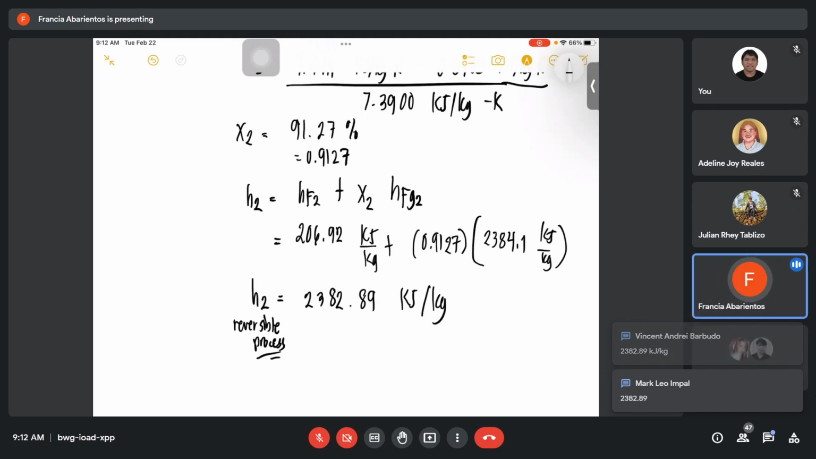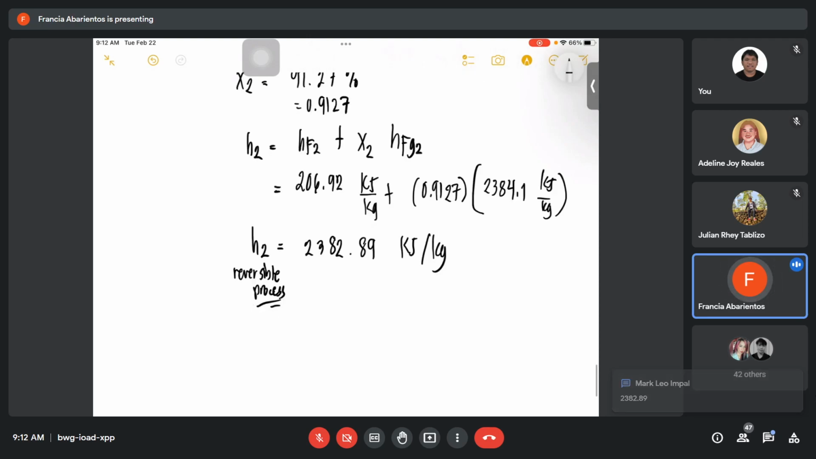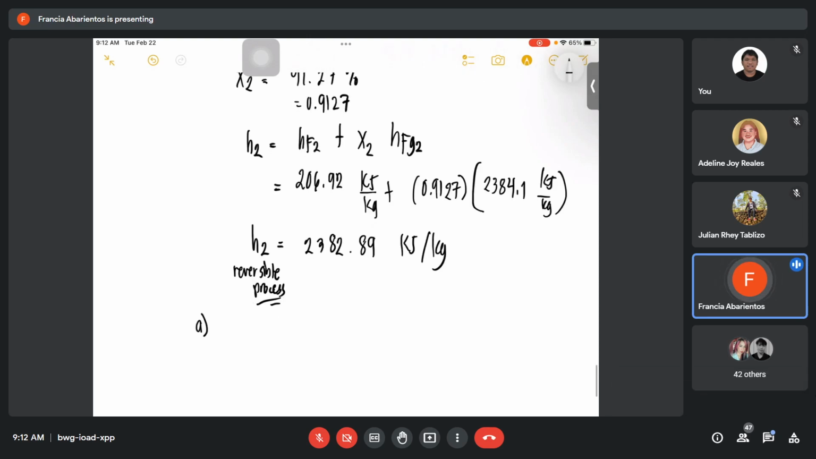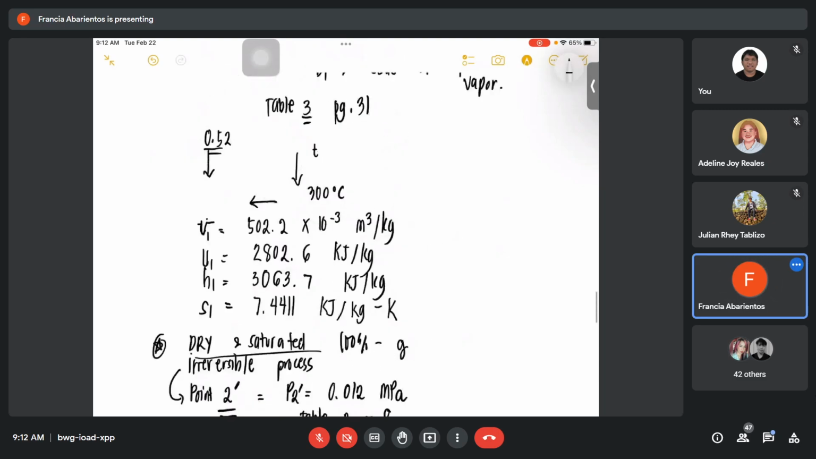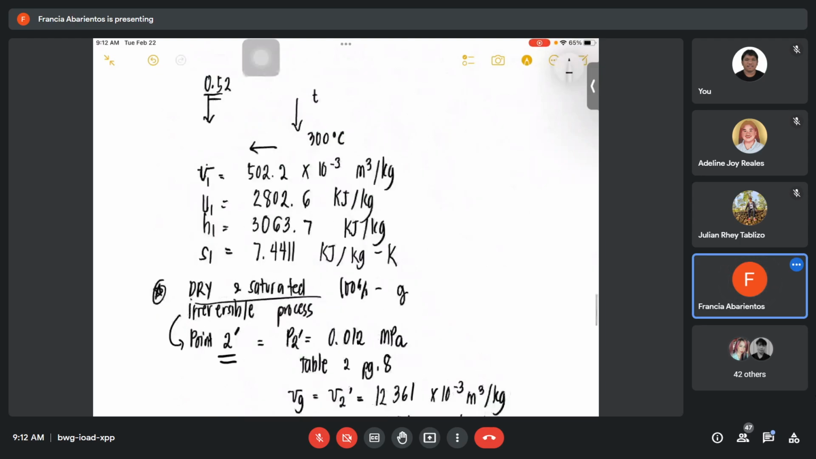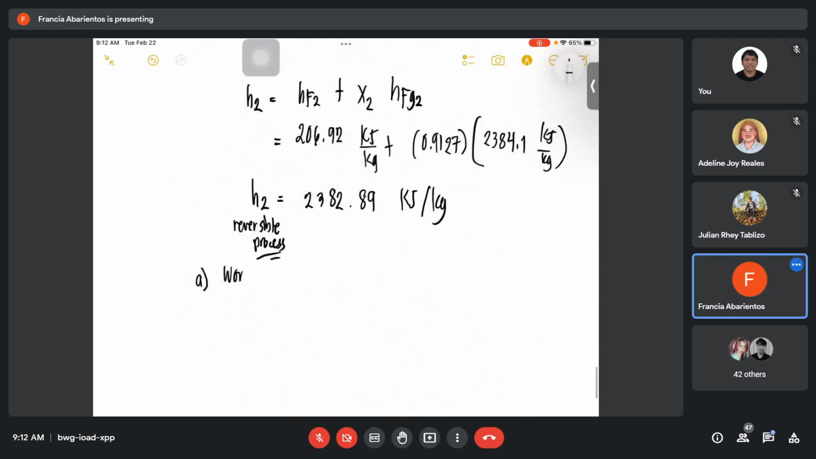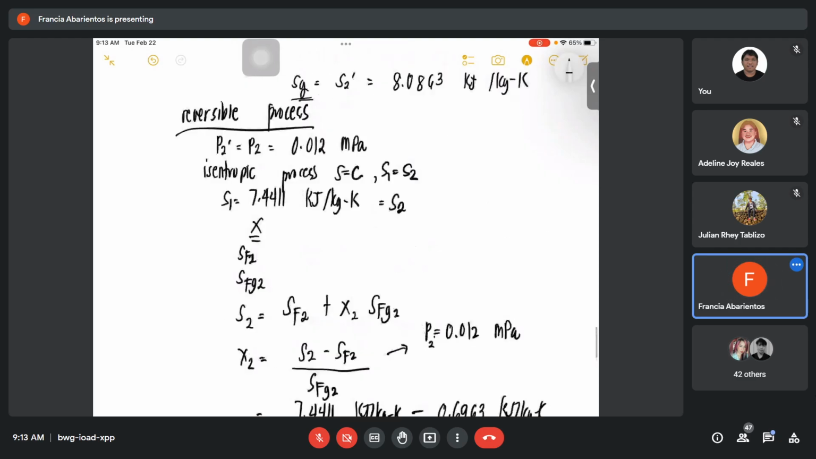So, in solving this example, we need to find now the, what is letter A? Pinapahanap sa atin is the work of an irreversible process. Yes. So what is now the work in an irreversible process? Ay, nakalimutan natin yung prime. Automatically, we have the H1 minus the H2 prime. H1 natin. What is H1? That is